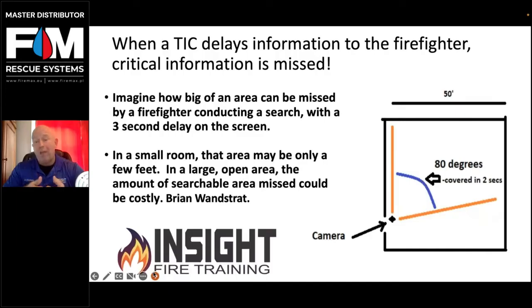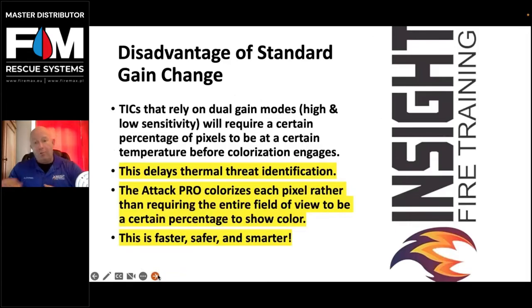But if you scan fast and your device is lagging or delaying, you are missing this big orange area here, which could be 80 degrees in this particular example of a 50-foot room. Now, that being said, I want you to understand, every fire service TIC out there has pros and cons. I like cameras. I don't want anybody to think bad about any camera, but you need to understand the disadvantage